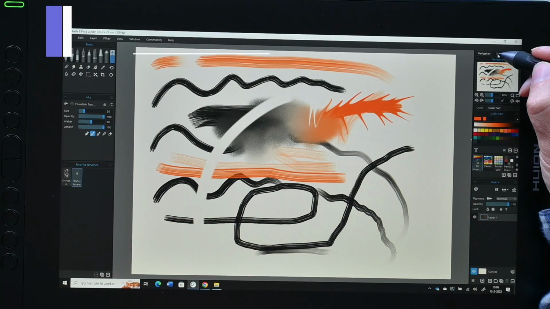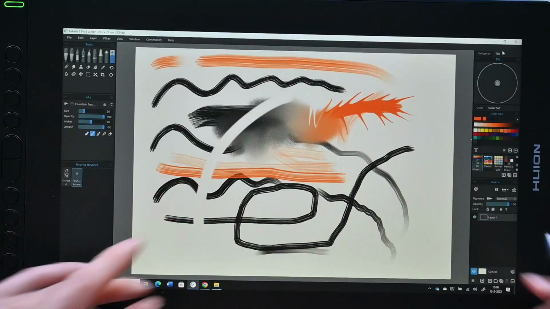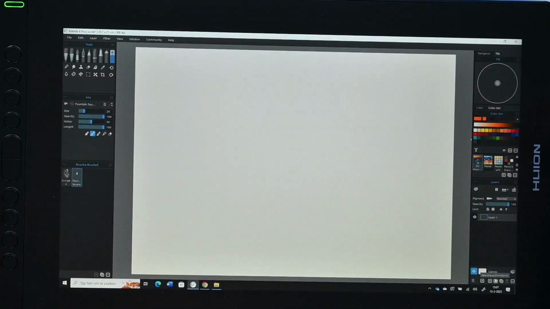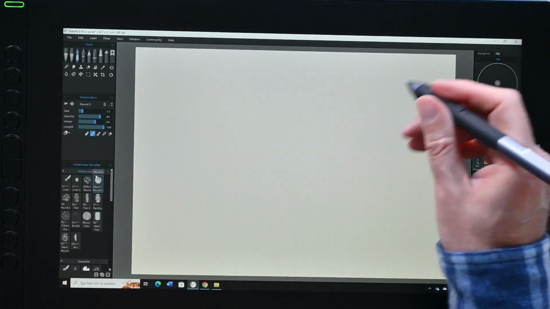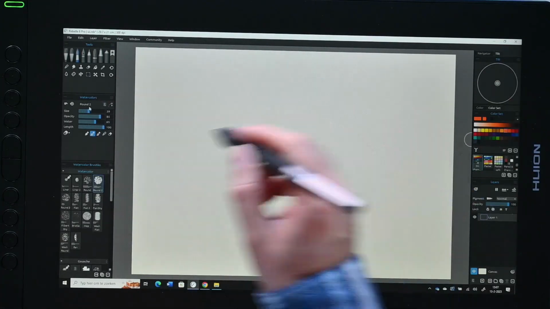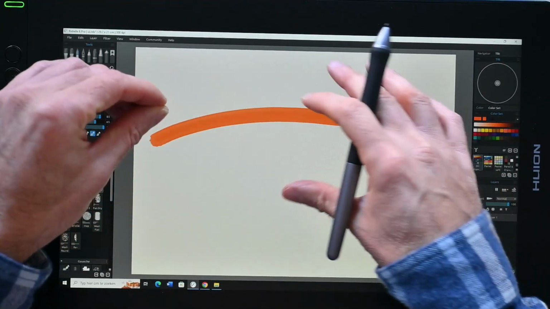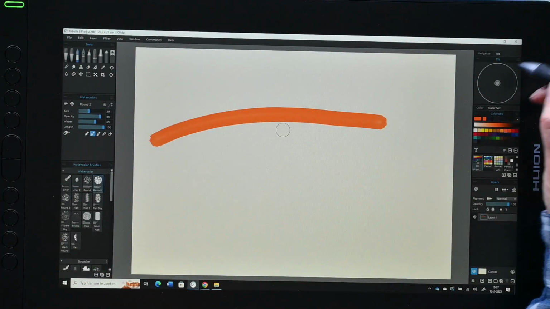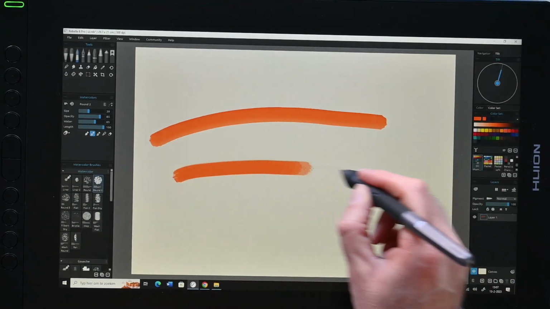But this has a second tab. This is the tilt. This simulates how your paint is going to flow and which direction it's going to flow. I'm going to clear my canvas for now. And let's say I'm going to take a watercolor brush. It's on a round brush. Now it's off. Nothing happens. Well, something happens, of course. If I'm going to paint a stroke now, the engine will start working, and this is going to spread out a little bit. And you can see it spreading out slowly but surely. But if I'm going to activate this, I can control how much and which direction it will go. So now it will go up. If I put down a new stroke,